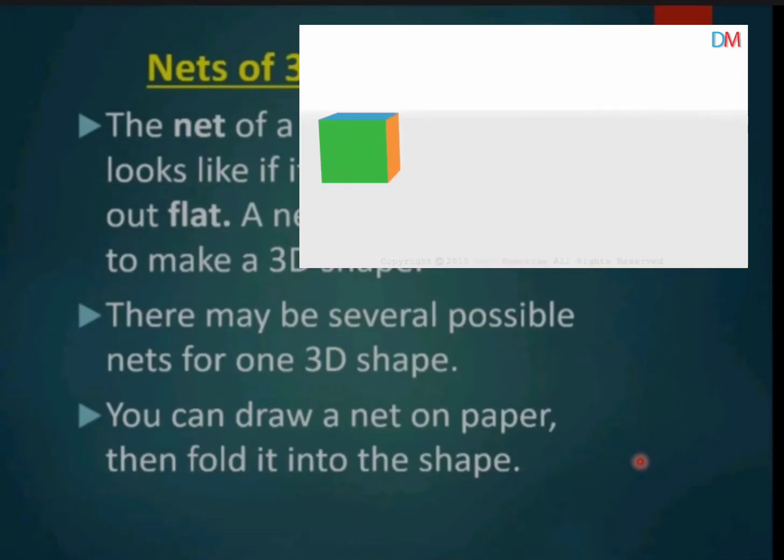Let's take a cube and dissect it. We will keep this one as the reference, take another cube exactly like this one and dissect it. By dissect, I mean that we will open the cube up along its edges. And what will we get if we open it up? Let's see. We can open the top face first.